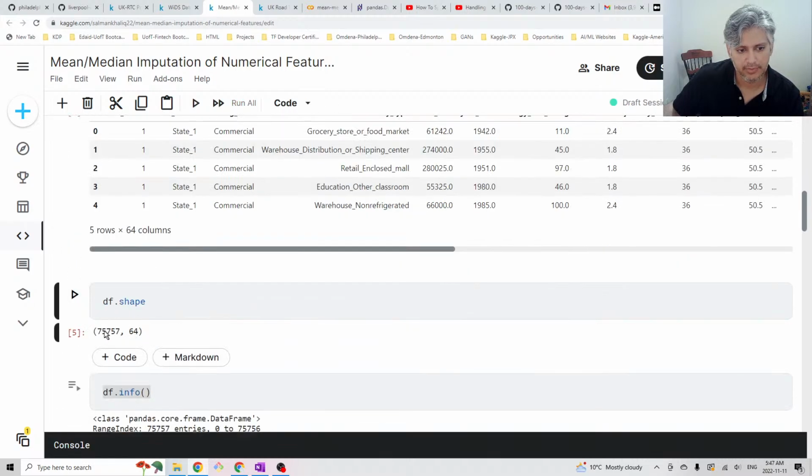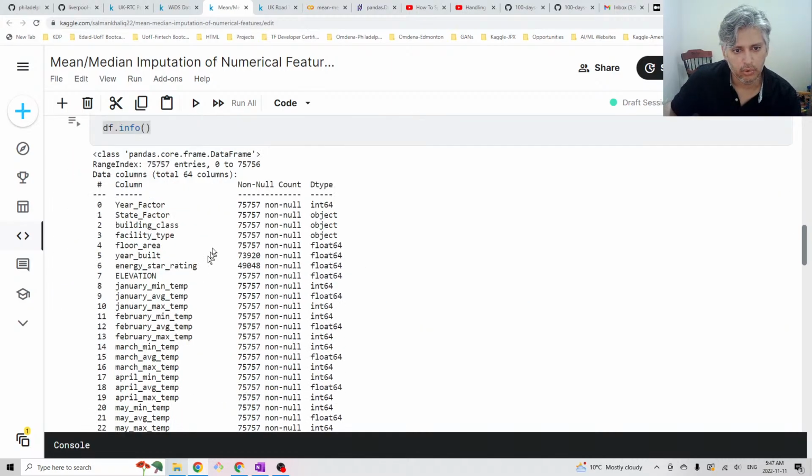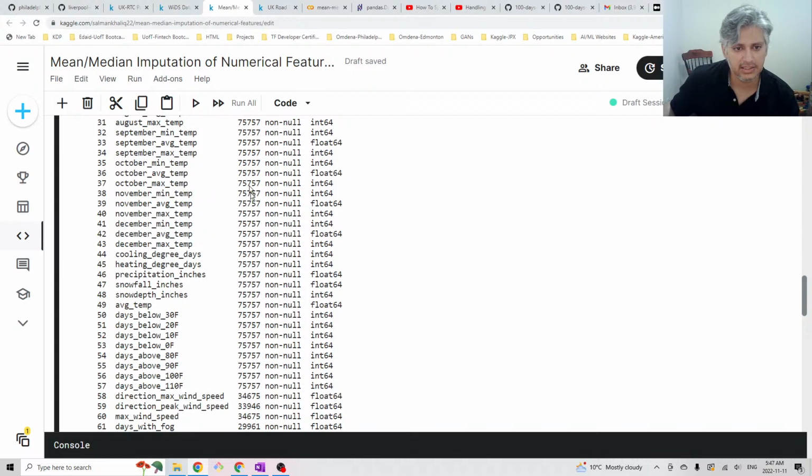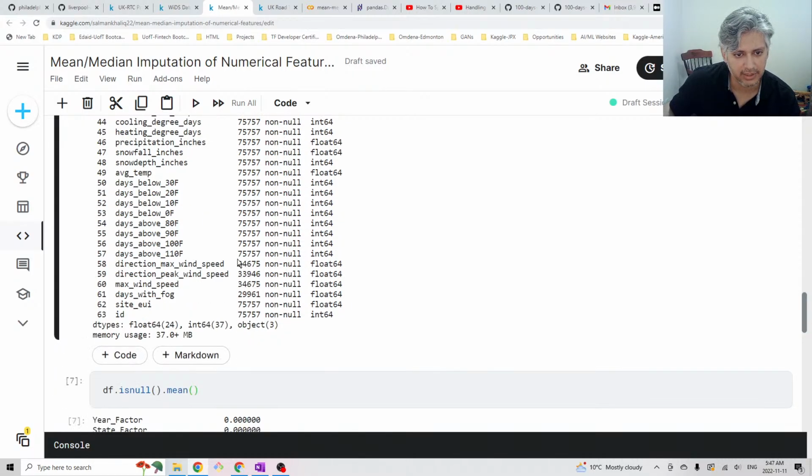When we do the shape, you can see this is the size, or number of rows. And over here, you can see this one has some missing data. This one has some missing data. So this is year built. It is not technically a numerical column, so that's why I just avoided it. This is energy star rating. This one has a lot of missing values here. And then you can see all of them have all the values, and then you can see these columns do not have a lot of values, a lot of missing values. So I picked this one randomly, and I'm trying to figure out this particular variable as my